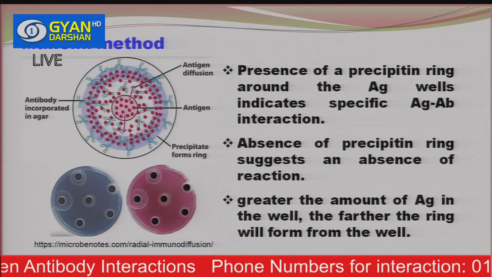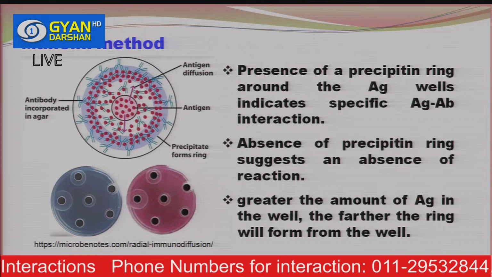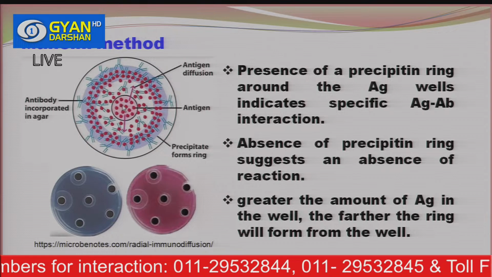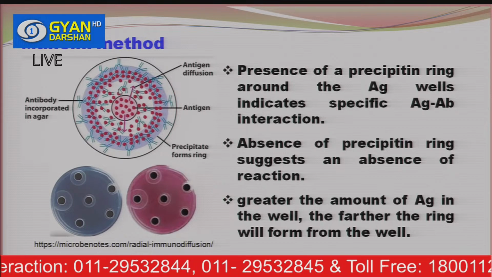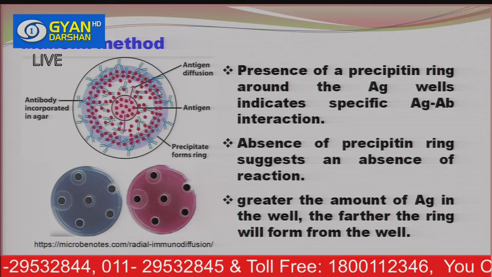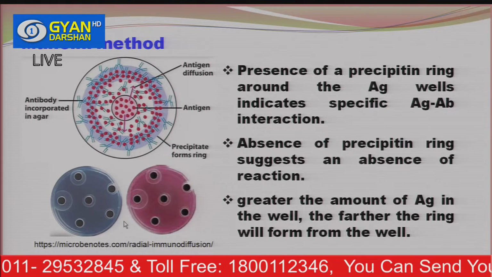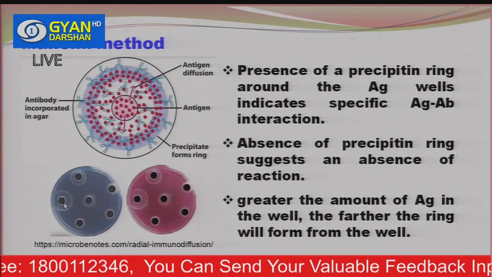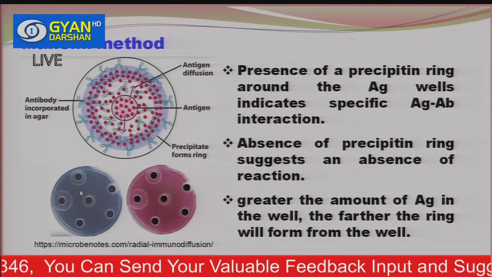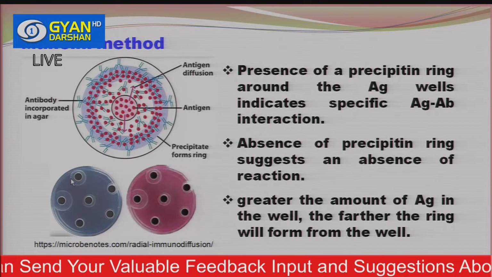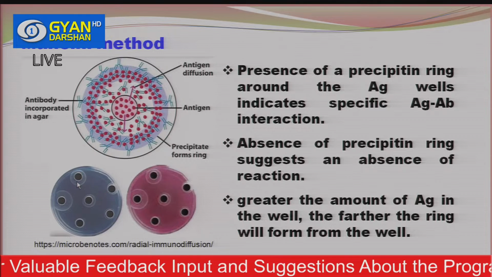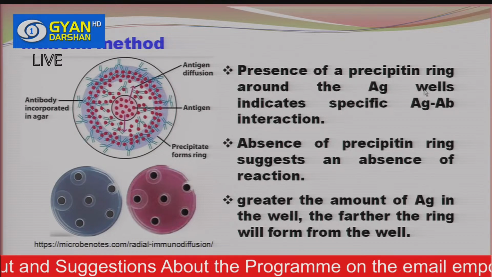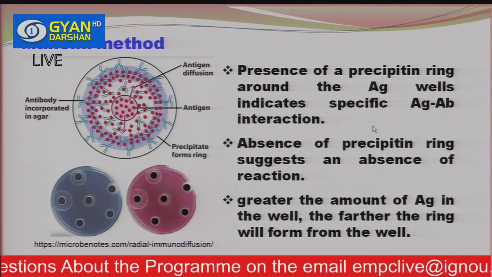We can utilize the antibodies in the gels, and we can put the antigen in the centers. The antigen and antibody will diffuse, and ultimately they are able to form the rings. In another figure you can see the holes. In these holes we can put the antigens, and they are able to form the rings around the holes. And the presence of the precipitin ring around the antigen well indicates that specific antigen antibody